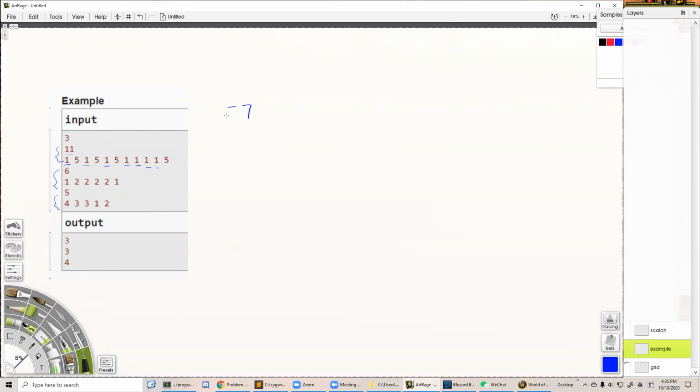We have 7 icon number 1, right? And we have 1, 2, 3, 3 icon 5. So we have 2 kinds of icon. One is number 1 and one is number 5, right? Actually, we have 4 number 5 here, right? So what we are going to do is find a screen